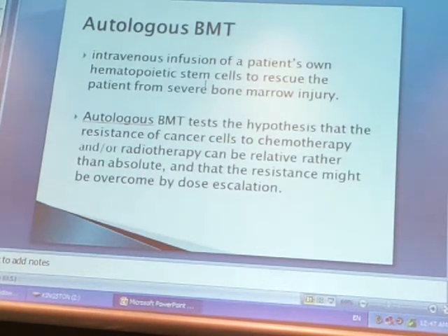That stimulates the stem cells to replicate and migrate from the bone marrow to the peripheral blood, where they are collected. We collect the number of stem cells according to the body weight of the patient, and we keep them in the blood bank until after we give the high dose chemotherapy or radiotherapy or both. After that, we reinfuse the patient's own stem cells into the circulation, and they migrate to the bone marrow and start